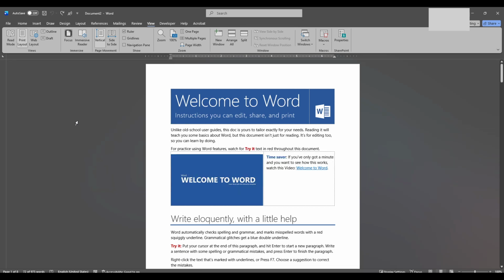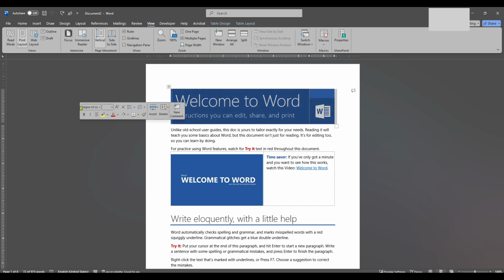With your document open, direct your attention to the top menu bar and click on the View tab. This will unfold a series of options related to how you can arrange and see the contents of your document. As a tip, the View tab houses tools that allow you to customize the way your workspace looks, making it easier to manage large documents.